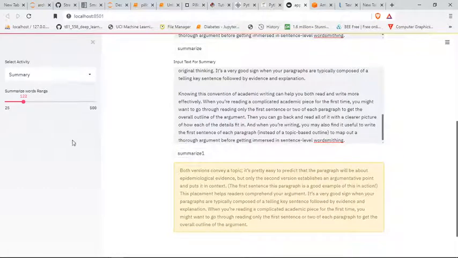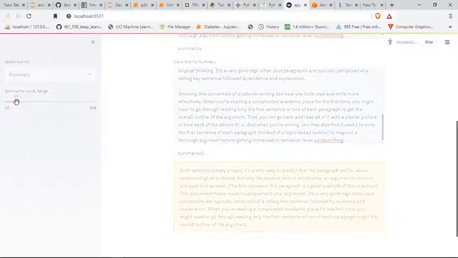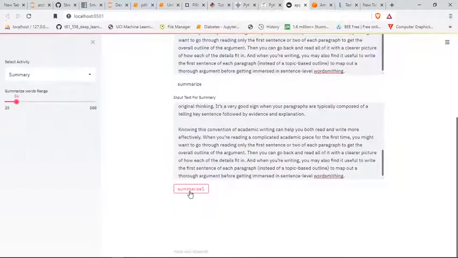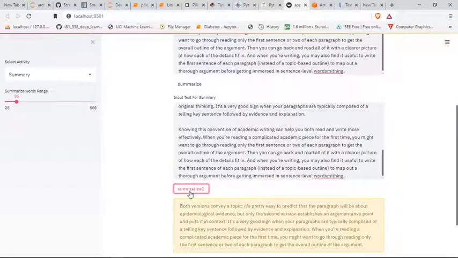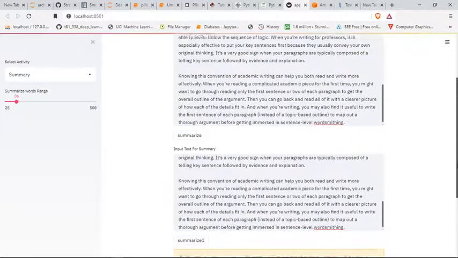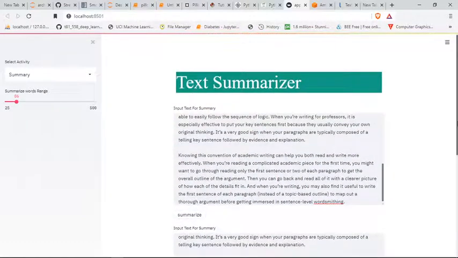Okay, if I decrease the value, I decrease the value to 86. If I again click on the summarization button, then I again get the summary. Now the summary range is 86 bytes. So in this, the user can adjust the summarization range according to their requirements. So this is the first functionality of the project.